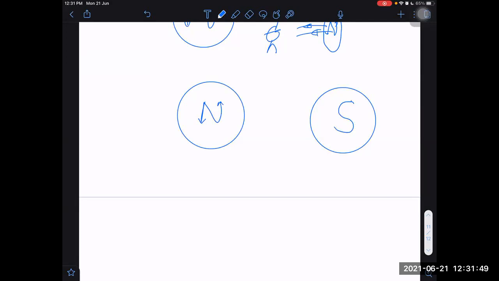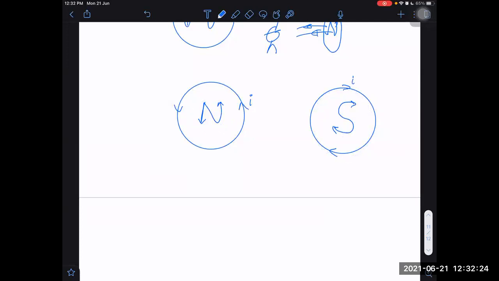Put 2 arrows here. If south pole is facing towards you, put 2 arrows. If north pole is facing towards you, put 2 arrows. Then bring this arrow onto the loop also. Bring 1 arrow here, 1 arrow here. Similarly, the south pole has this arrow. Bring 1 arrow here, bring the other arrow here. Which direction is it now automatically? Clockwise. And this direction is anti-clockwise. This is the current. So now we know that if current is anti-clockwise, north pole is facing us. If current is clockwise, then south pole is facing us.